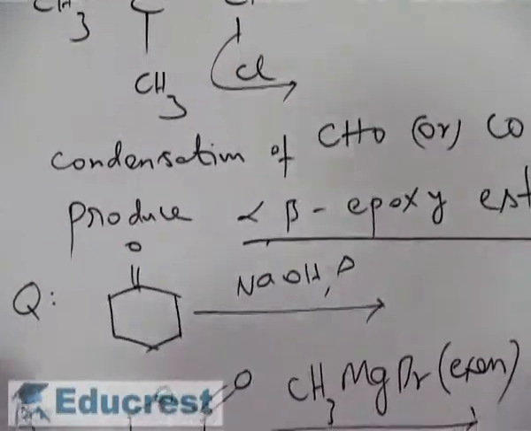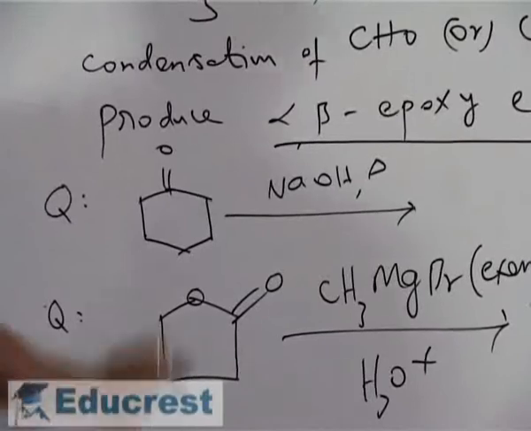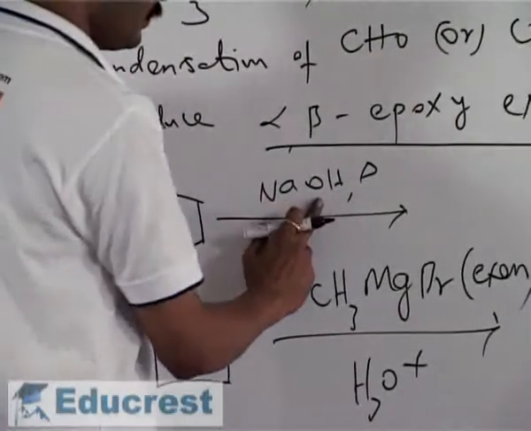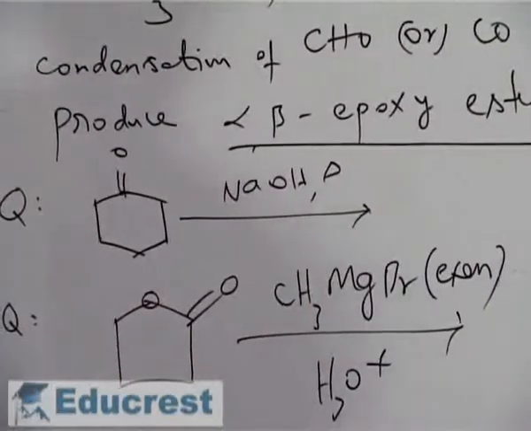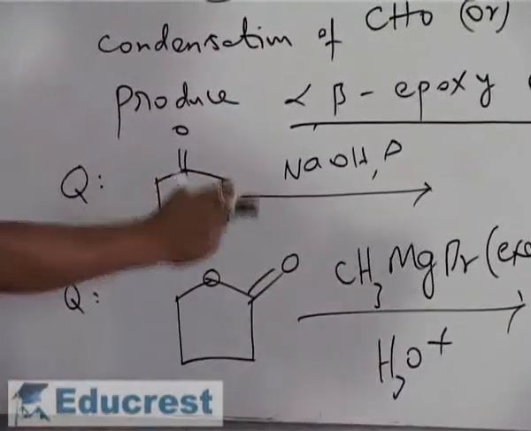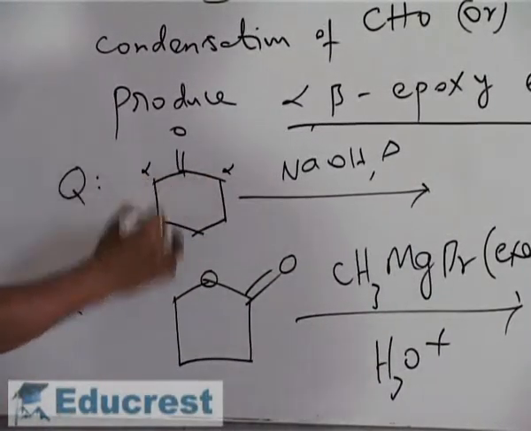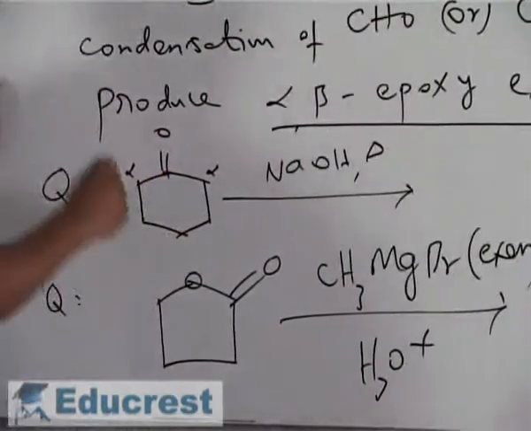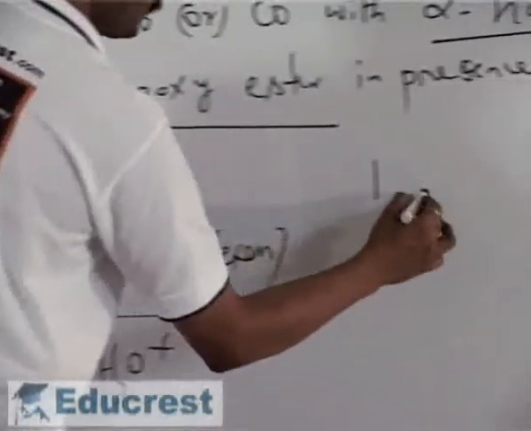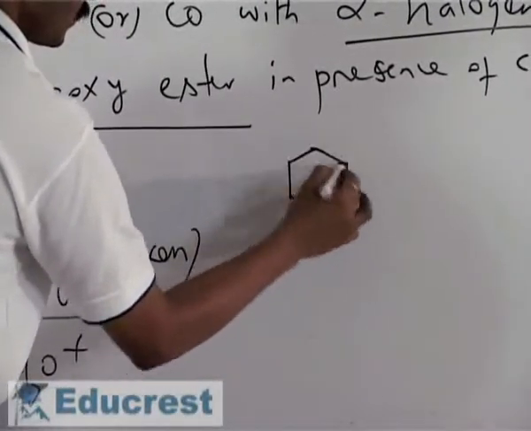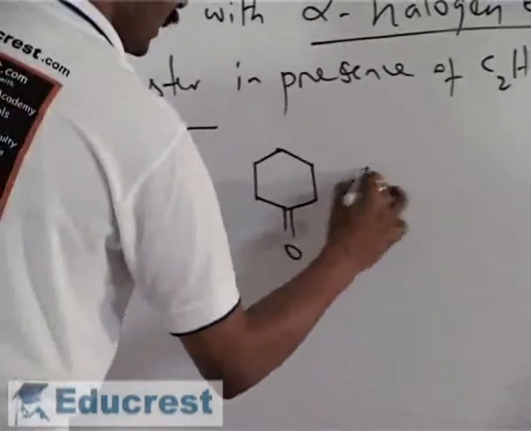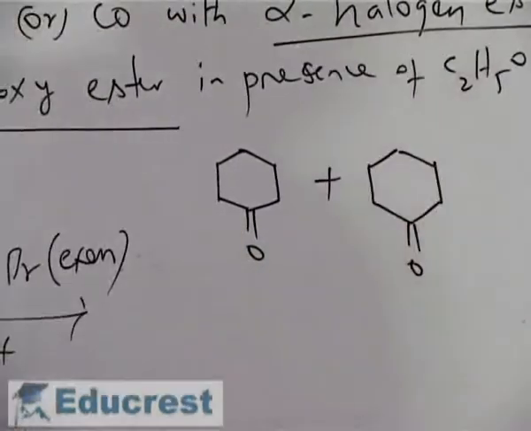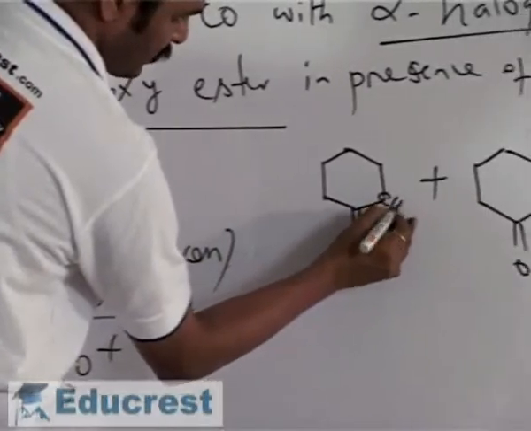Next, now I am discussing the questions. Now this is the compound given, this compound on reaction with sodium hydroxide on heating. So what are the possible products? Now already known to you, this is an alpha hydrogen. Compounds with alpha hydrogens undergo aldol condensation, and hence this is 1 mole and another mole I am taking the same. Now here I am writing the alpha hydrogen like this.